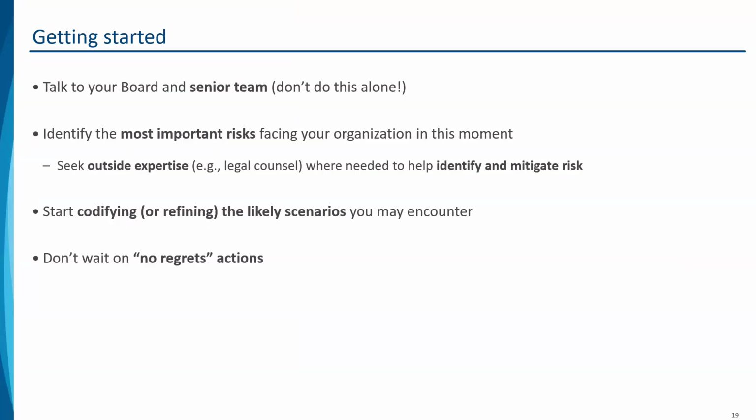Yes. So where to begin? Talking to the rest of your board and senior team, if relevant, is really critical. So this is not something to do alone, as we discussed in the Q&A. There's a lot of opportunities to bring in stakeholders, and doing this well means involving the right people across your leadership team at the right time.